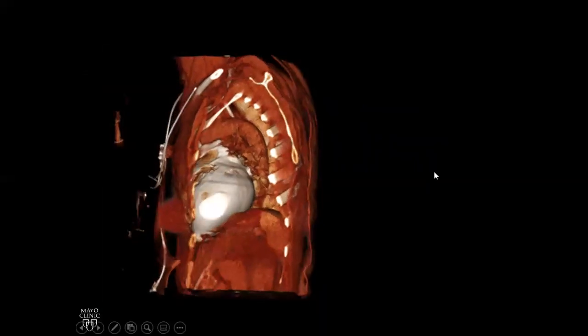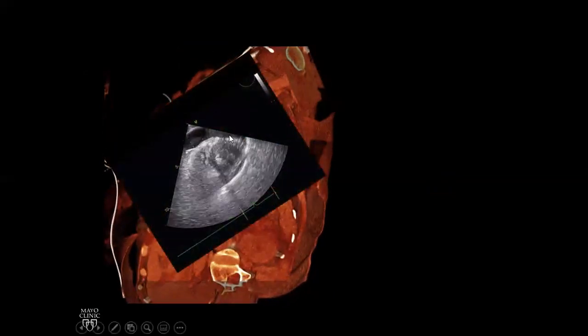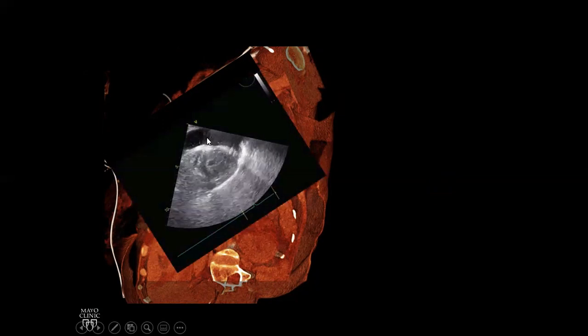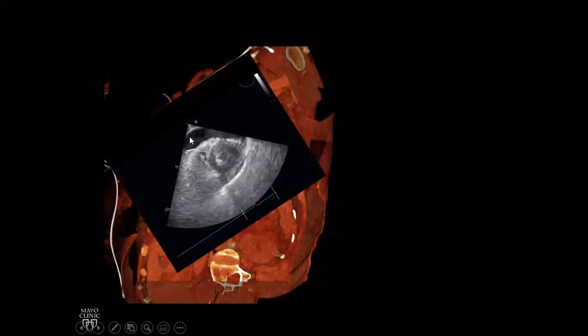If we rotate this over to a short axis view, we can overlay an echo that she got emergently. This is a short axis echo with a left ventricle and right ventricle in short axis. And this is all pericardial fluid with some bubbles. This is contrast. Now, I'll go back a bit. I just want to show you that the contrast here was inferior, where here the contrast is more anterior. It's because she was in a different position when this echo was taken as opposed to when the CT scan was performed, but you get the idea. If we rotate back around to the front, you can see all this fluid in the pericardial space, and we can fill in